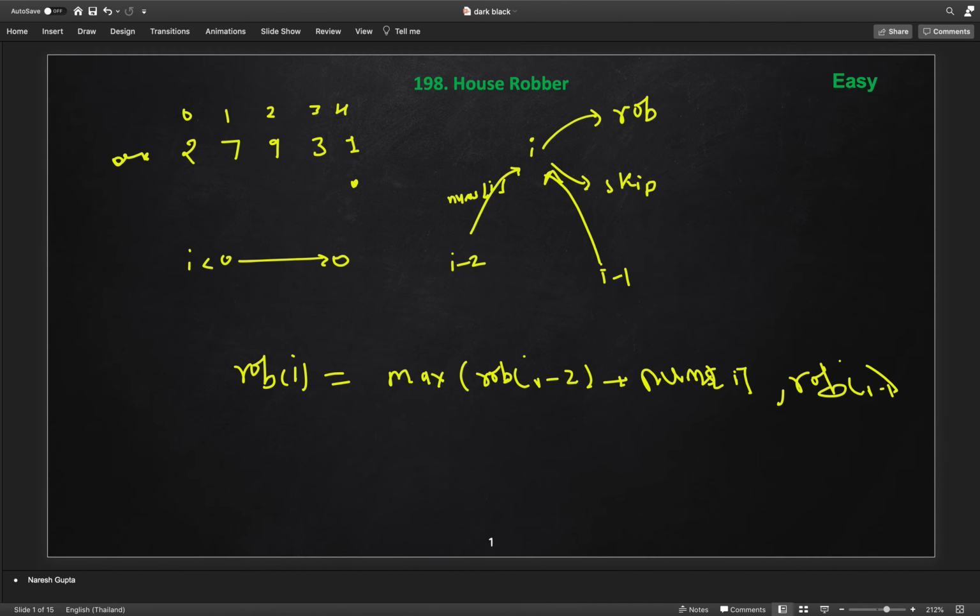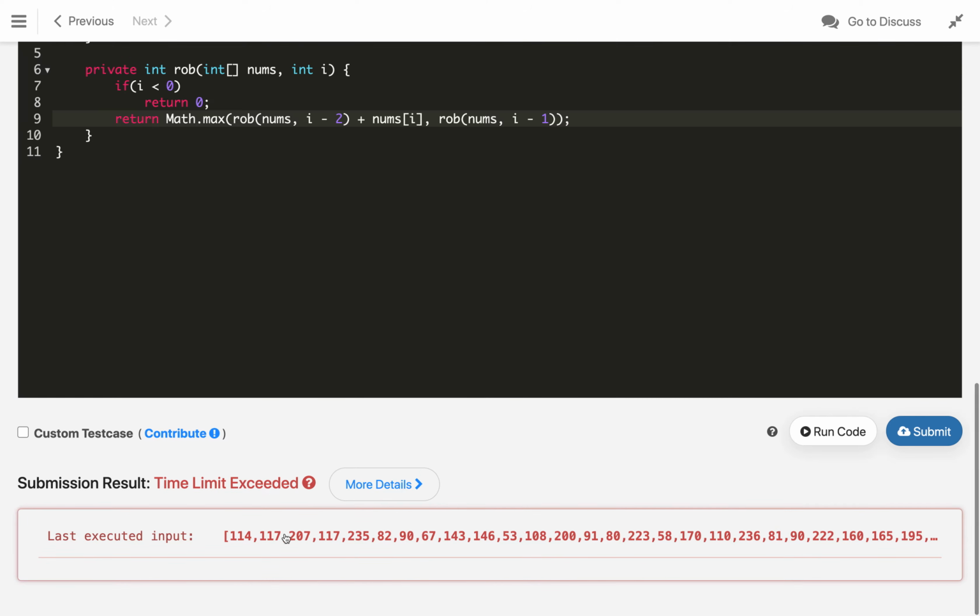So let's understand here, for the fourth index, if we are coming on 4, we can come from 2, so the arrow direction is 2, or we can come from 3. Similarly, from 3 we can come from the 1 or the 2. So if you see, this 2 is coming again, so we have a repeated subproblem. So we can apply a cache to those results of the repeated subproblem and use them later. So this definitely will time out for big input.